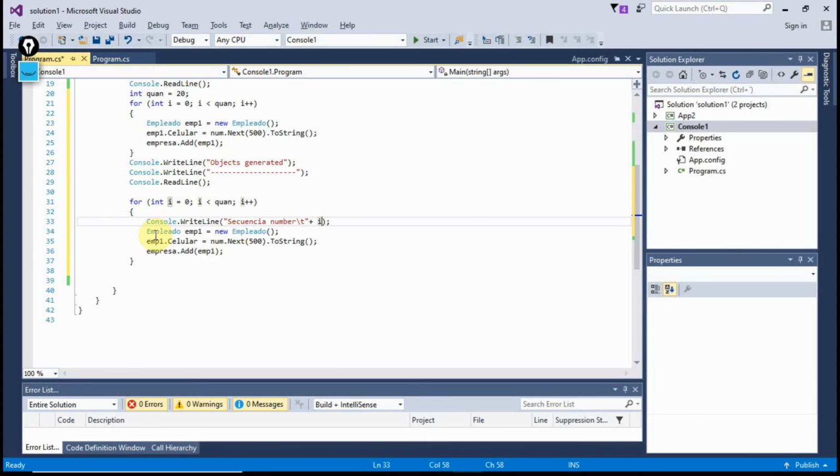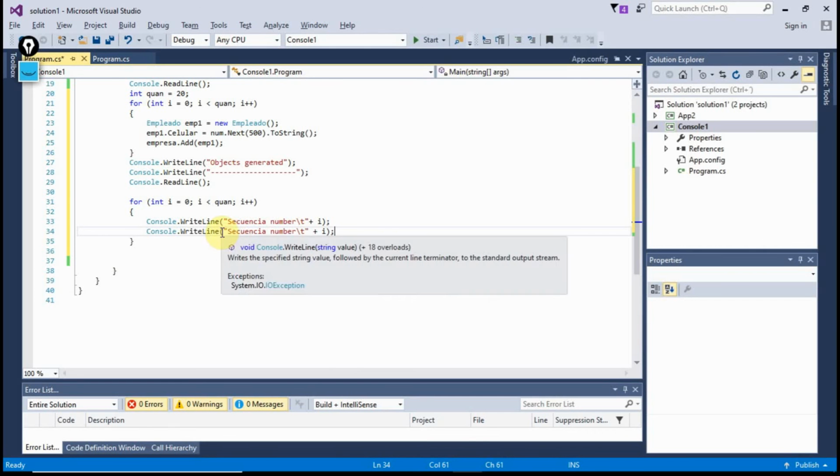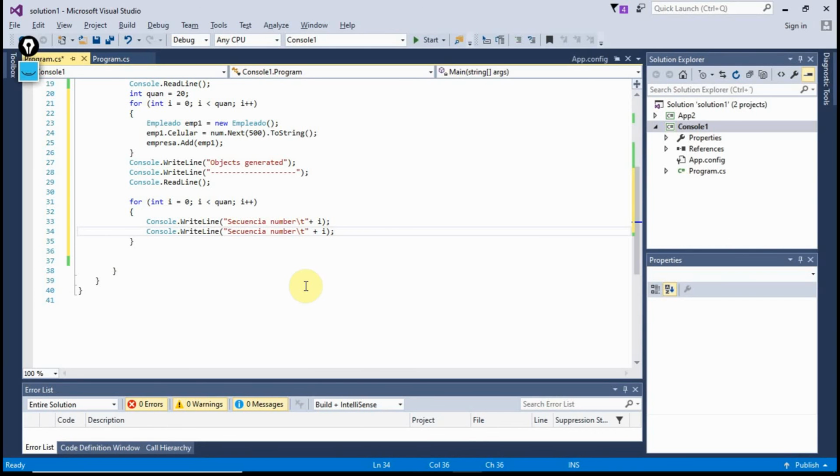I'm going to repeat something. We're going to say that the number, this is white. Okay, so we're trying to build a line, the sequence number, then we do something like